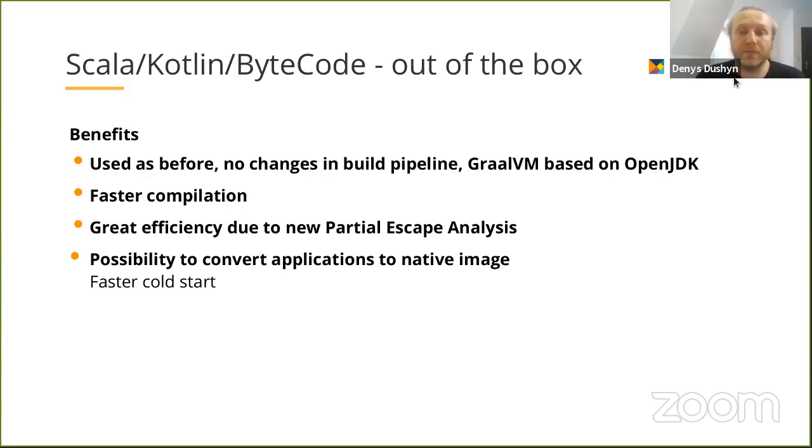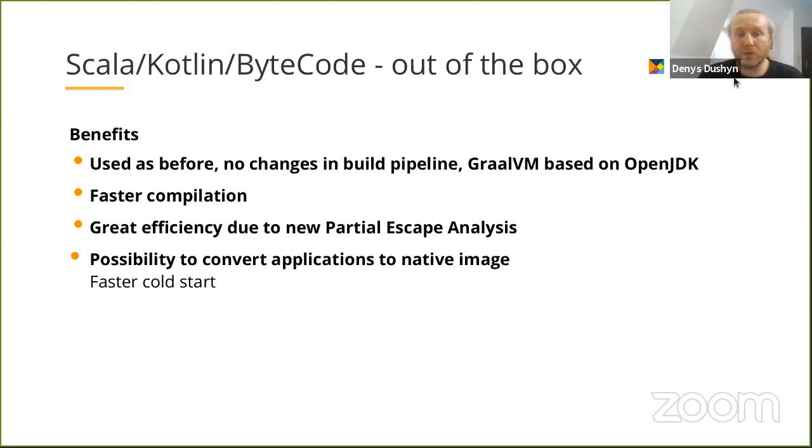Besides that, Graal virtual machine provides faster compilation. It provides great efficiency due to a new partial escape analysis, which is especially critical for functional languages. It's possible to get some performance benefits just by switching to a new platform. And also GraalVM provides the possibility to convert applications to native images. If you have some microservices and would like to speed up the startup of the application, it's possible to translate